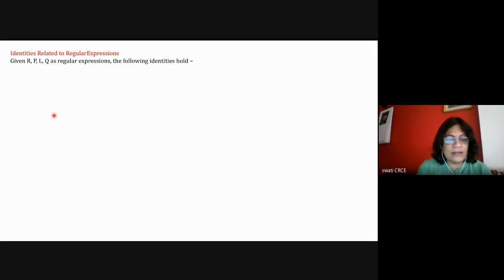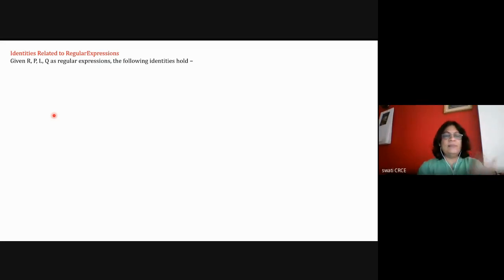The empty symbol phi. I think you can see the screen, the PDF handwritten presentation. So, regular expression. The empty set is a regular expression, or epsilon is a regular expression. If A belongs to the alphabet, then A is a regular expression. If A and B are regular expressions, then A plus B is a regular expression with the language A comma B, or A dot B is also a regular expression, or A star is a regular expression, or A plus is a regular expression.